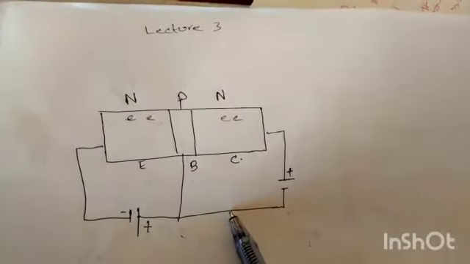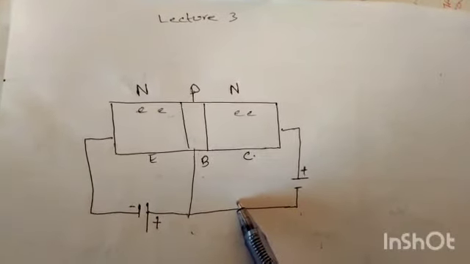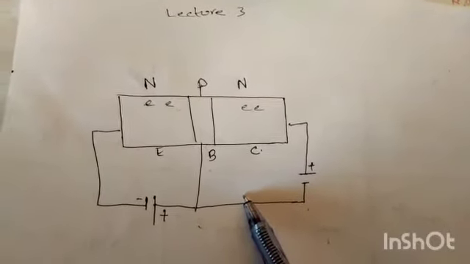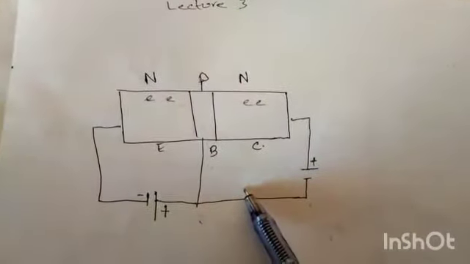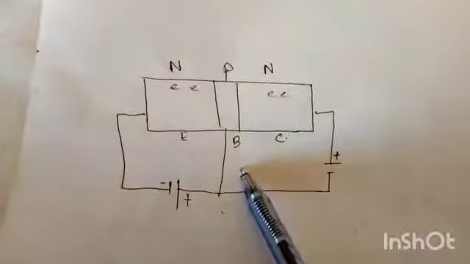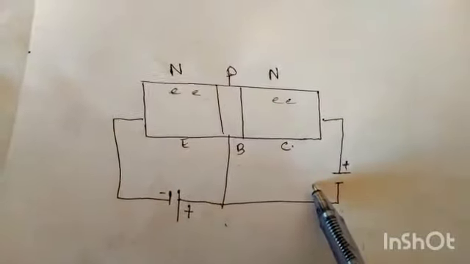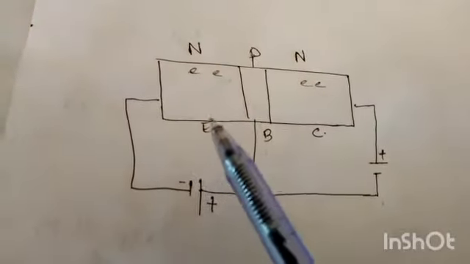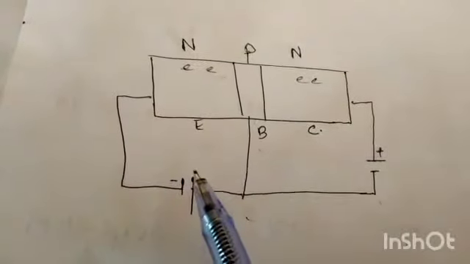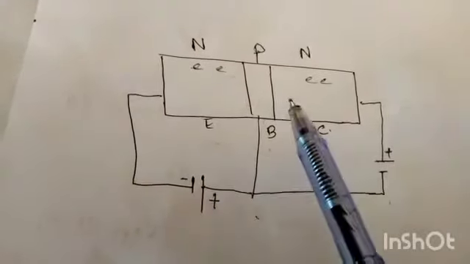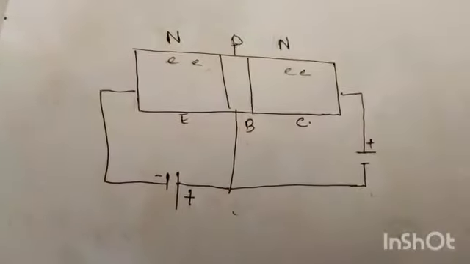Okay guys, now we discuss the operation of the transistor. By operation of the transistor we mean how it works whenever it's connected in any electrical device. For normal operation of the transistor, the emitter-base junction is forward biased and the collector-base junction is reverse biased. You know that a circuit is said to be forward biased when N type is connected to the negative terminal of the voltage source and P type is connected to the positive terminal of the voltage source.